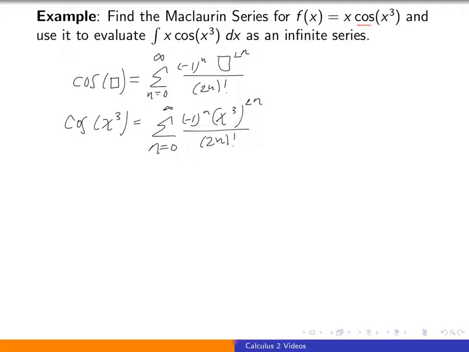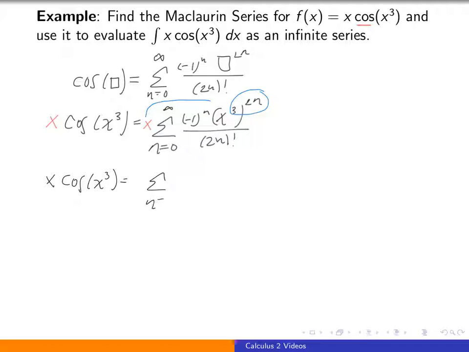And at this point, we really need to do two things. The first is we could simply add an x out front, but then we need to somehow simplify and combine everything inside this power series. So we need to think about moving the x inside and also combining the powers of x. So putting this all together, x cosine of x cubed